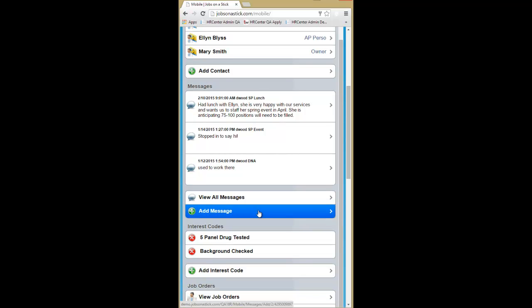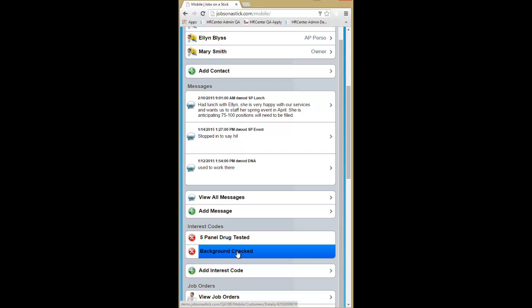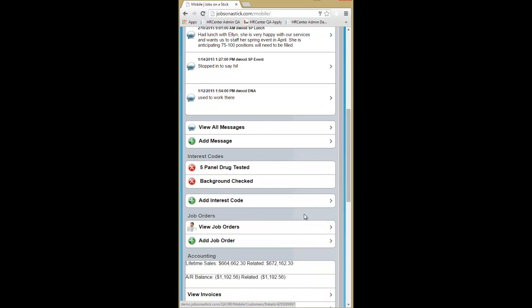So after you've done a sales call, you can come back out to your car, sit down, key in the conversation that you had. You've got your interest codes, those requirements of the customer. You can also view their orders, and you can add an order right from your web-enabled device. So as you're standing there talking with your customer, you can add a job order